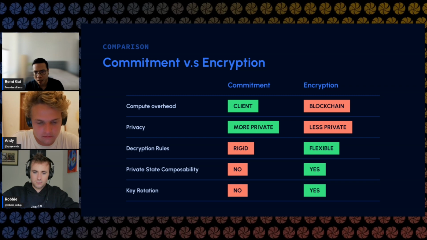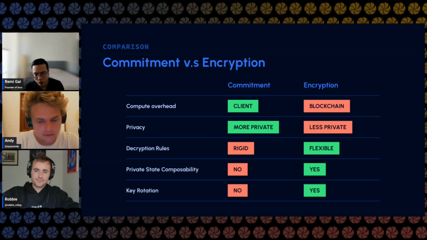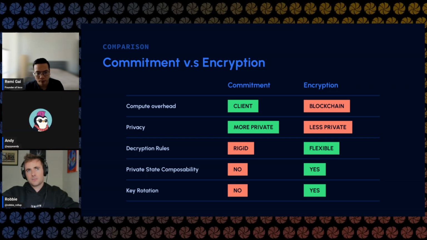But yeah, and just quickly on the last point on key rotation. In the commitment-based system, everyone has this viewing key that's quite rigid. So if Robbie loses his key, you can't really rotate the keys, right? There are some challenges. You also cannot revoke access, right? Because these are predefined encrypted values under a specific viewing key. Now, in the encryption system, there are actually ways in FHE where you can also rotate the keys without doing it over FHE directly. So I'll say for key management, encryption systems are definitely a lot more flexible here.